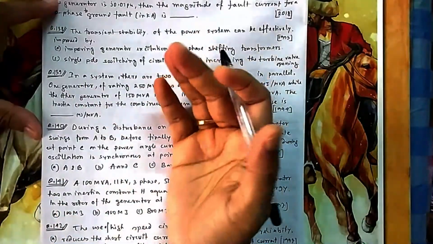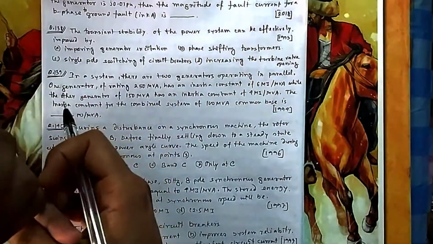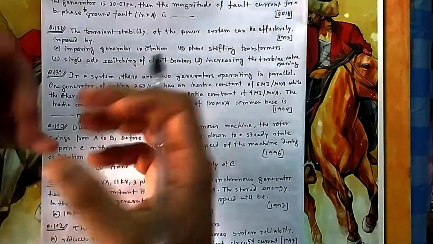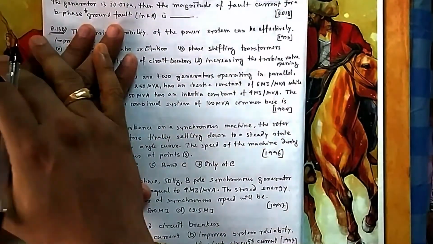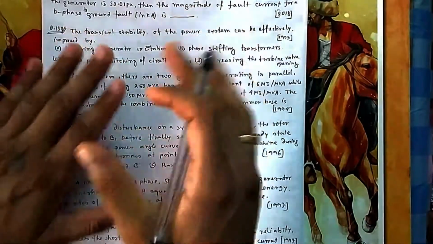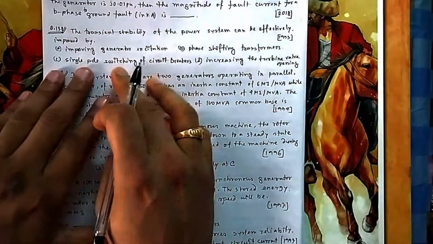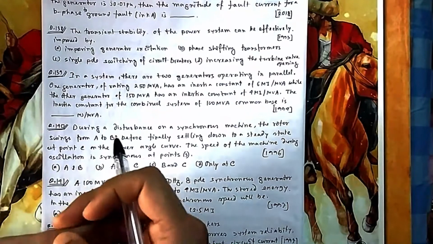If the load increases, then you can turn it on. If the load decreases, then you can turn it off. If the load increases, your generation is low, then you can load shed. You can switch off some of the loads by using fast switching circuit breakers, so the generator will not feel